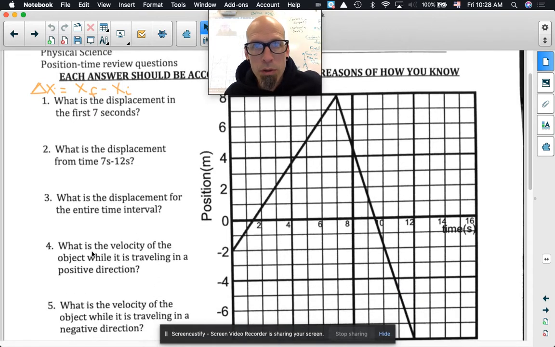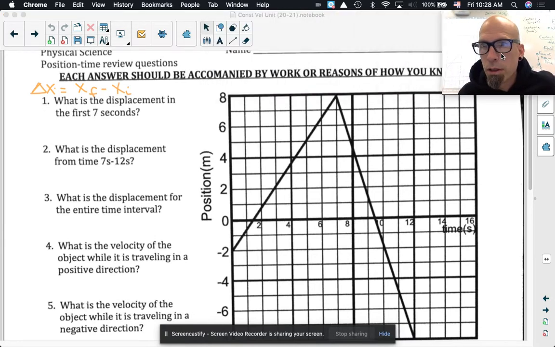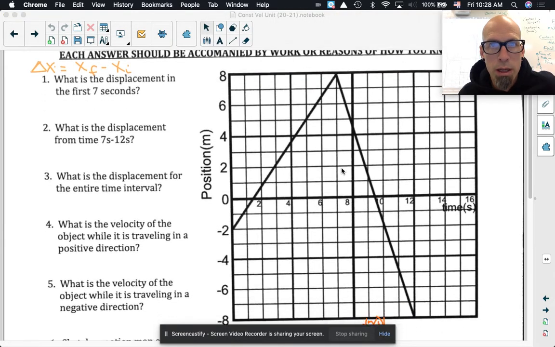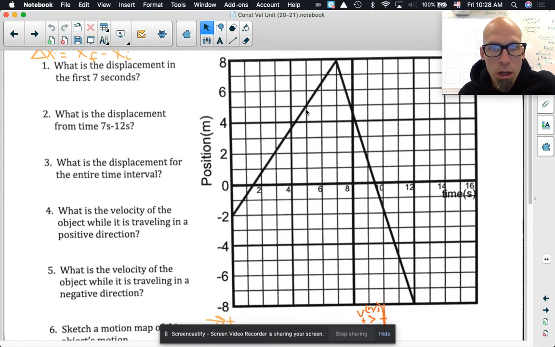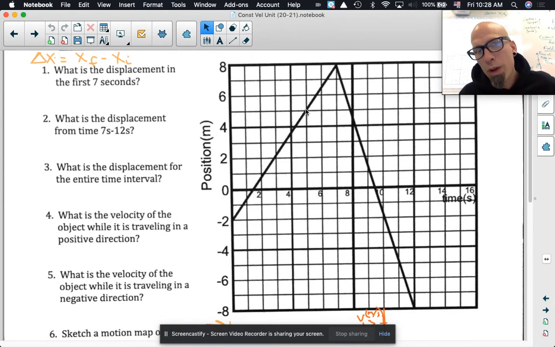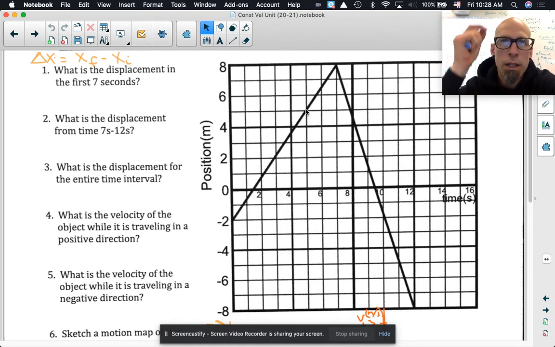So what I will do here, I need to be off to the side so that I don't block this. So some people already at the very beginning of looking at this were like, well, I don't know what displacement is. Oh my gosh, people.